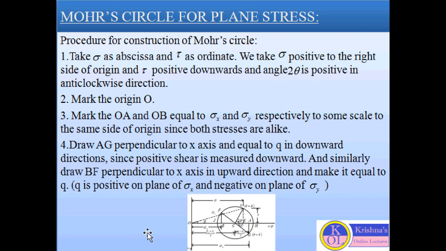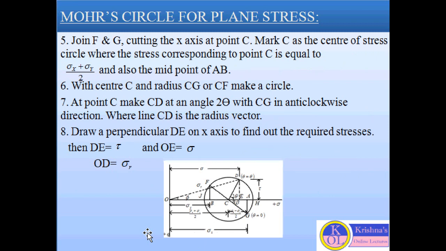After that, the shear stress Q is marked on the x face, and it is positive as per our sign convention. So draw AG perpendicular to OX, equal to Q in the downward direction, because it is positive shear stress. Similarly, make BF perpendicular to OX in the upward direction, because this is a negative shear stress and it tends to rotate the element in the clockwise direction. So this negative shear is plotted in the upward direction. Now join F and G, which cuts the x-axis at point C, which is the center of the stress circle,